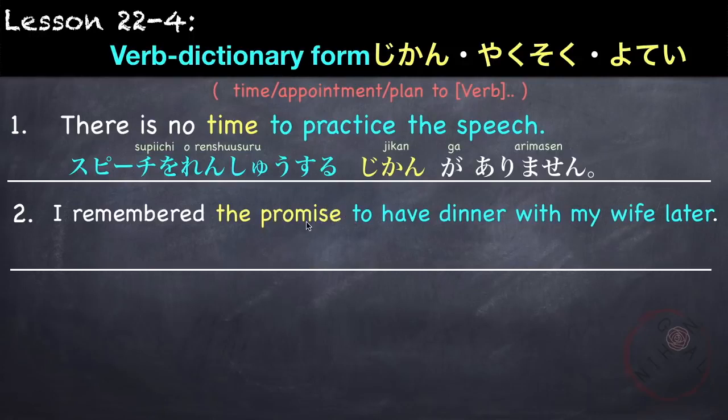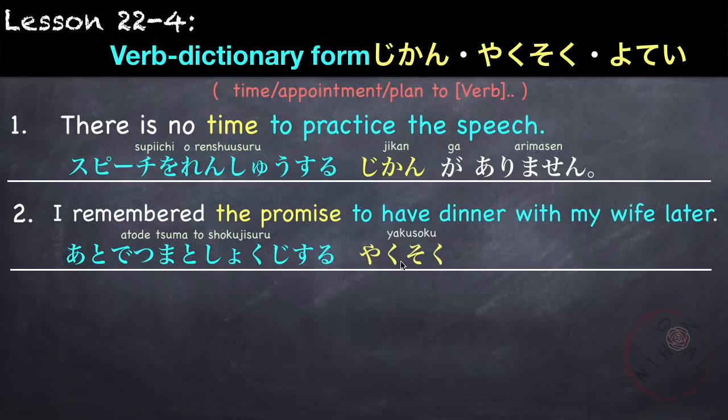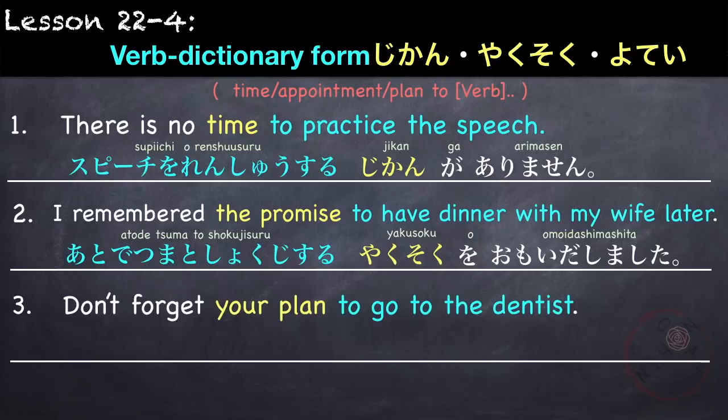Another example, I remembered the promise to have dinner with my wife later. So our noun is promise or appointment, which is 約束. So we're describing it as the promise to have dinner with my wife later. 後で later, 妻と with my wife, 食事する to have dinner or to have a meal. 約束 promise or appointment. 後で妻と食事する約束 and our verb is I remembered, which is を思い出しました。私は後で妻と食事する約束を思い出しました。